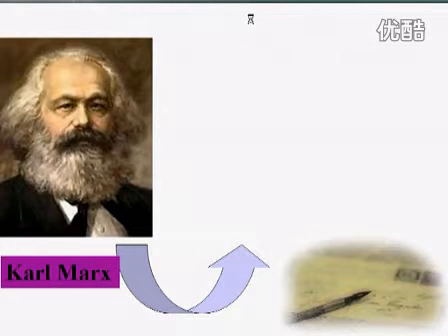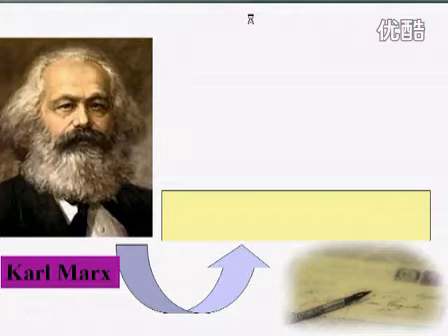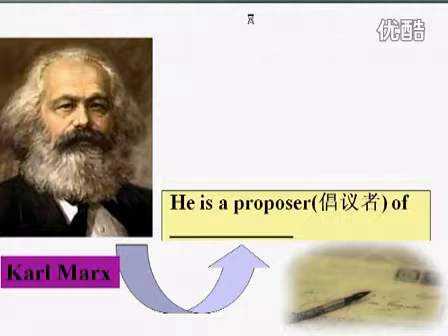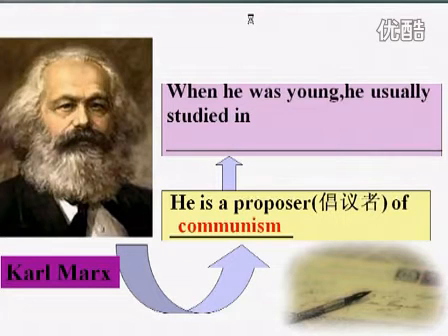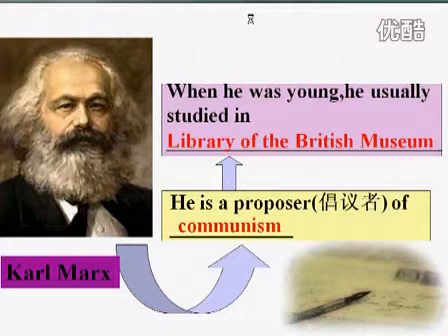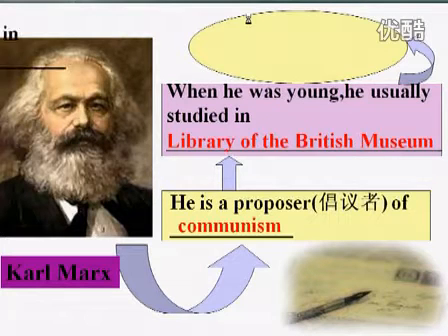The next is an important person, Karl Marx. Maybe he was born in Germany, and German was his native language. Karl Marx is an important person. He is a proposer of communism, 共产主义的倡议者. And when he was young, he usually studied, 当他年轻的时候，经常在哪儿学呢？Library of the British Museum, 在大英博物馆。